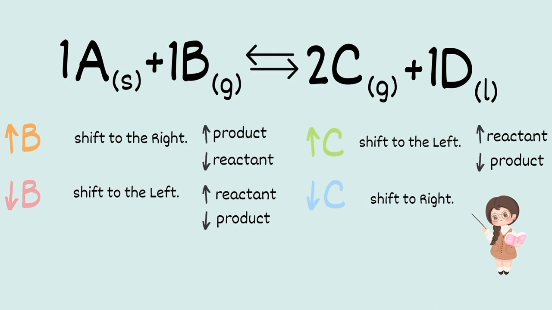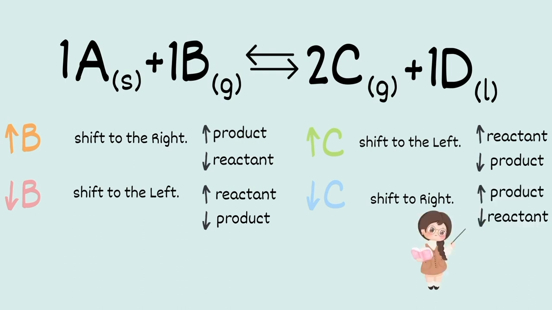The system will shift to the right. This increases the product and decreases the reactant. Remember, Le Chatelier's principle is all about balancing both sides of the chemical equation. And that's all we're doing here. Also, remember whatever side needs to be increased will be the side the arrow will point towards, and that is where the shift will go. It will shift to the right if product needs to be increased, or it will shift to the left if reactant needs to be increased.